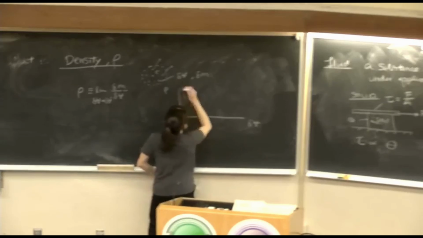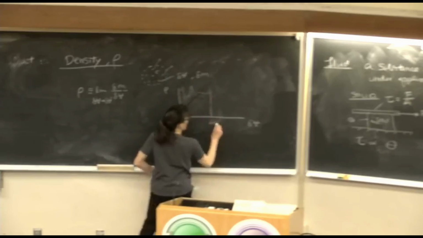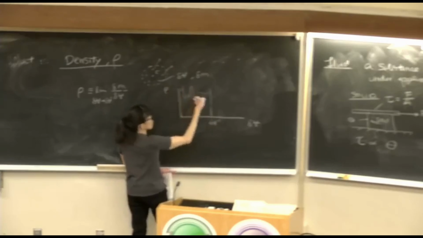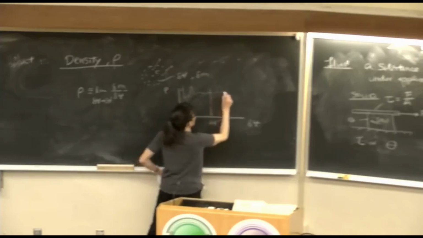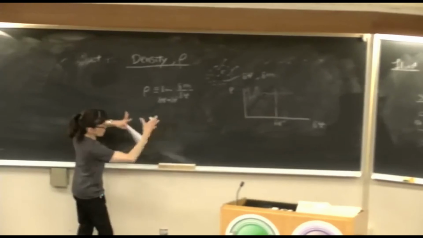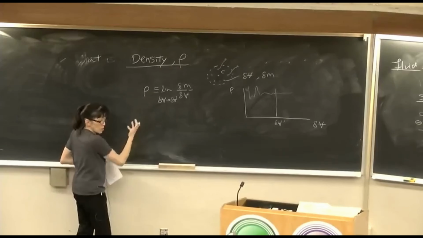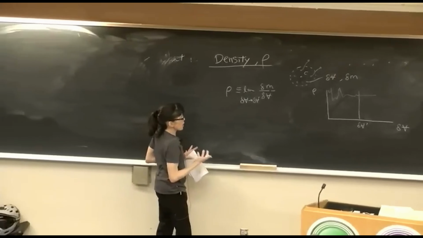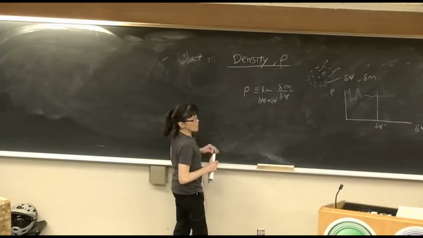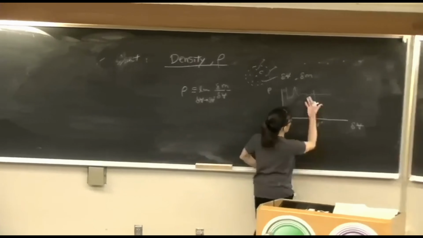But at some point, if we consider delta V prime, these fluctuations die out, and we essentially get a consistent density surrounding delta V prime, so that the value of the density at that point is accurate. Okay,